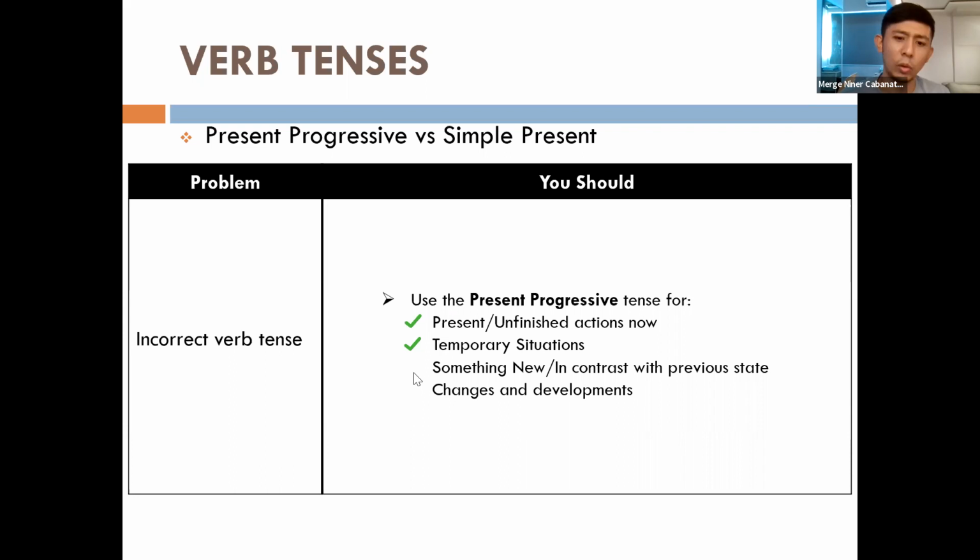I am, or she is doing her laundry. That's something new in contrast with the previous state. Where is your sister? Is she watching TV now? No. She is actually doing her laundry now. So, apart doon sa panonood ng TV, may iba pa siyang ginagawa. Diba? Changes and development. So, pagpasok doon sa criteria, may unfinished action, temporary situation, something new, change and development, kahit